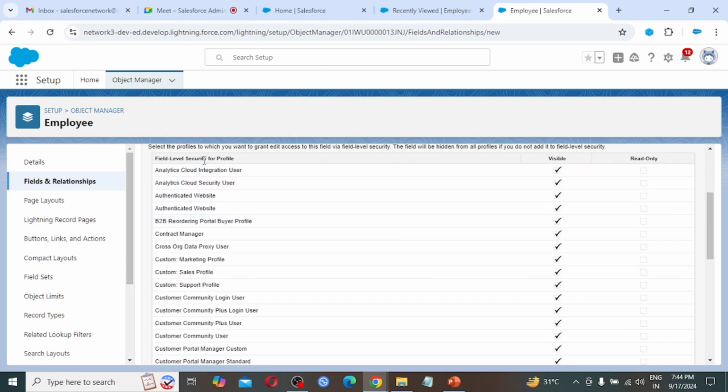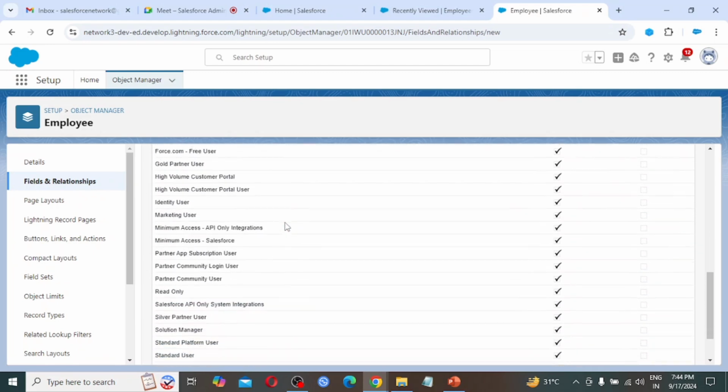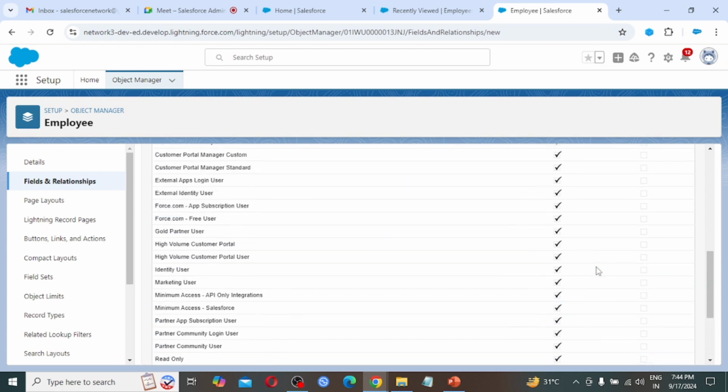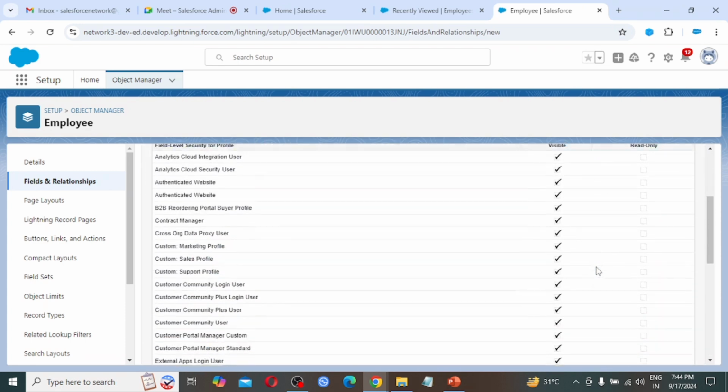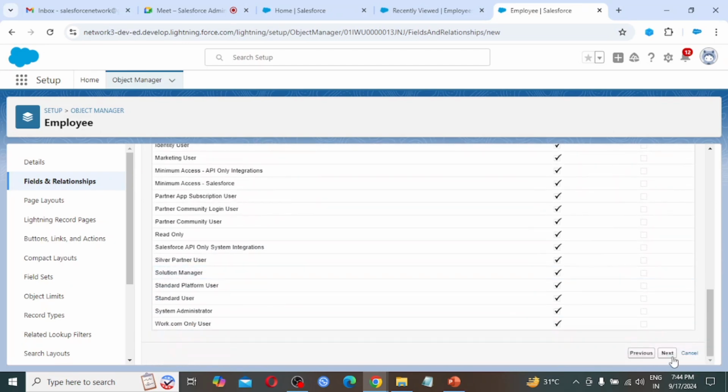So field level security for profiles. There are so many profiles given here, and our standard user, system administrator, and standard platform user profile is also there, that is also checked. So we are going with the default one, already visible for all profiles. So click next.